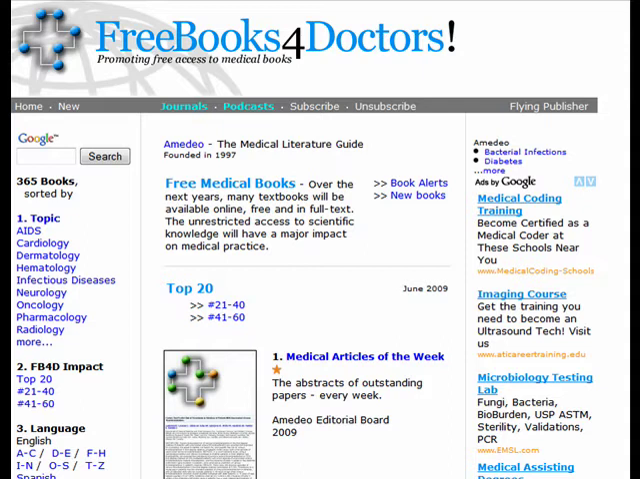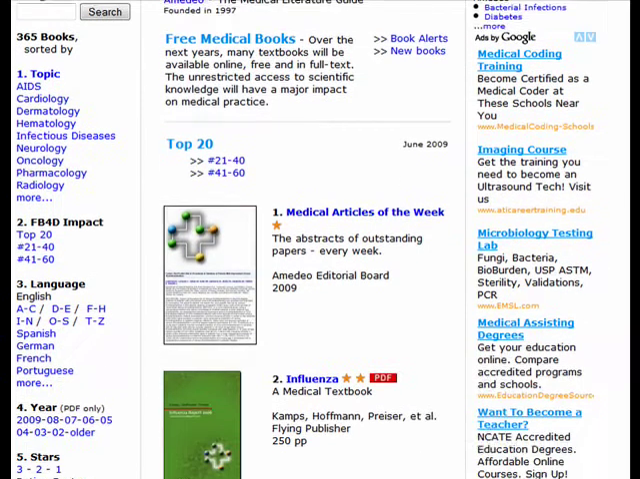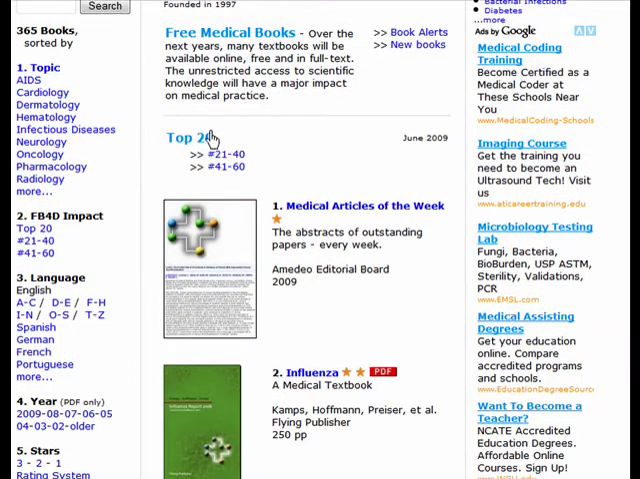I'll be reviewing the website freebooksfordoctors.com, promoting free access to medical books. This website has a fairly simple layout, and you'll see that the home page is actually the same page as the top 20, which is, as you'll see here, there's a few numbered headings on the left-hand side. The top 20, which would be under section 2, which is